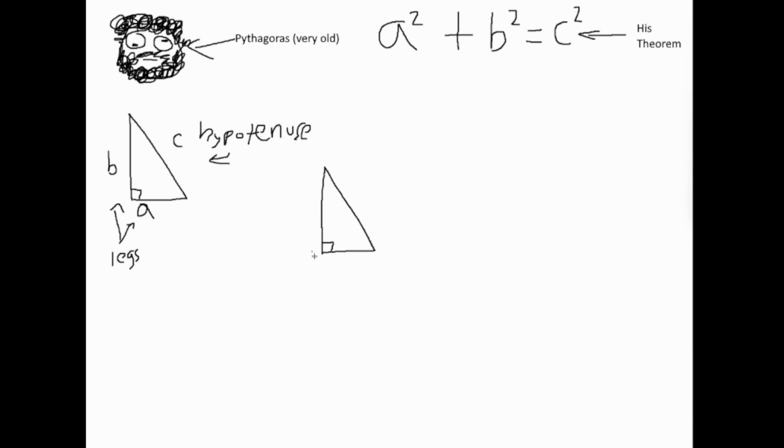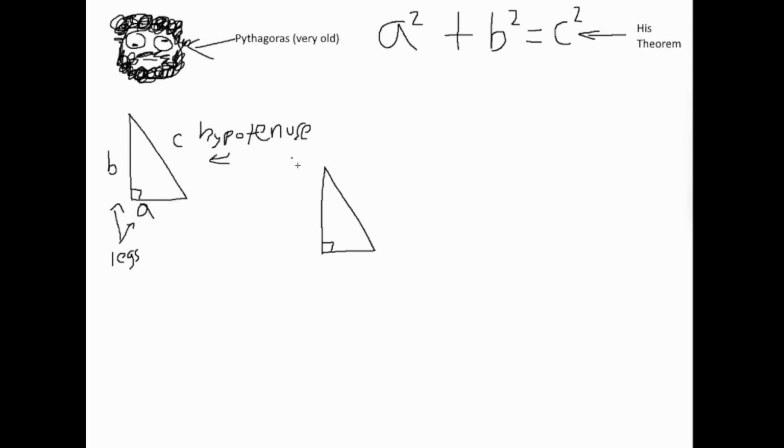And the Pythagorean Theorem was created to specifically only work with right triangles, so triangles that have a 90-degree angle in them. And it's essentially just adding the legs A and B, their squares, to get the hypotenuse, which is the longest side of the triangle. And once you finally get that result from adding those squares, square rooting the C result you get to find